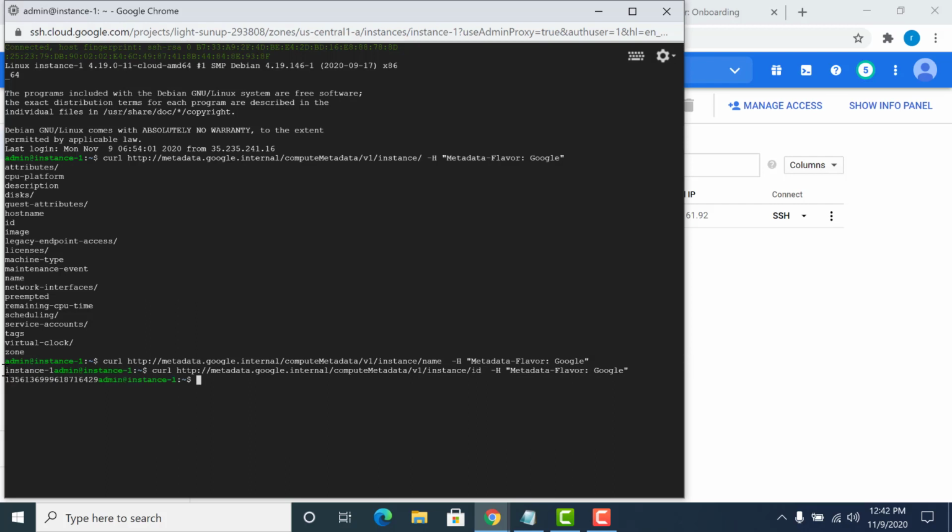This information can come in handy while you're creating a startup script, an end script, or any other script that would require such information. For example, if you want to know if your instance is preempted, or if it's a preemptible instance or not, I can use this particular information. I will copy this.